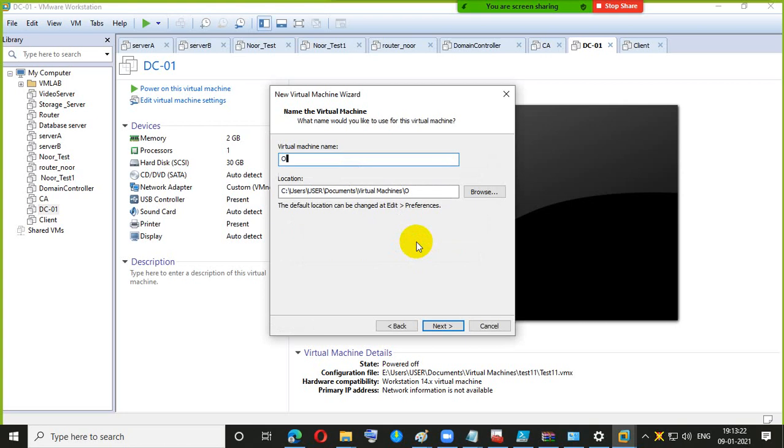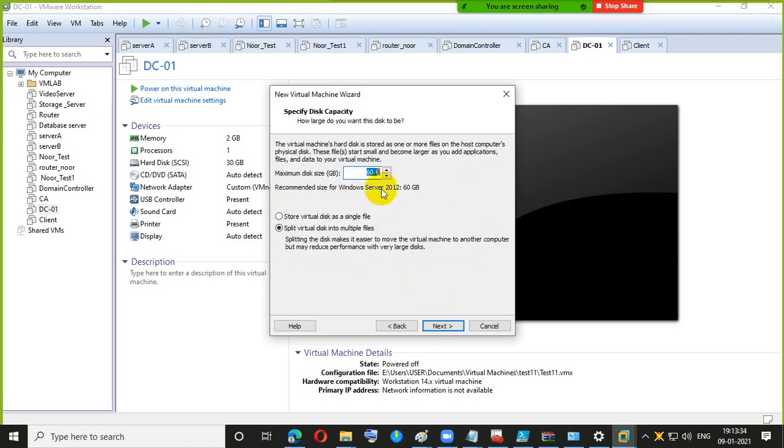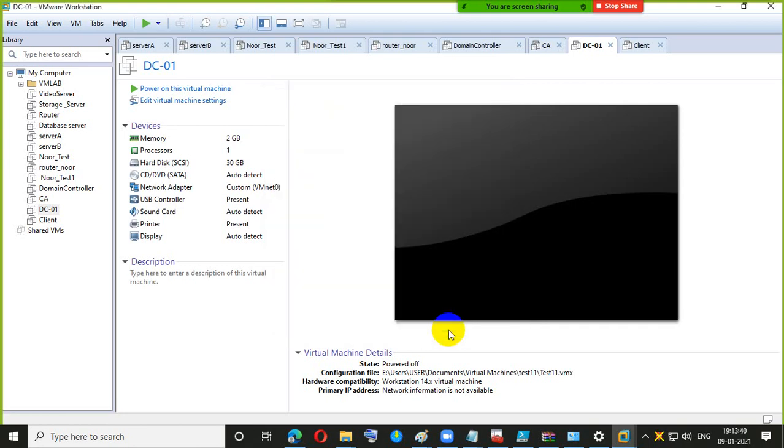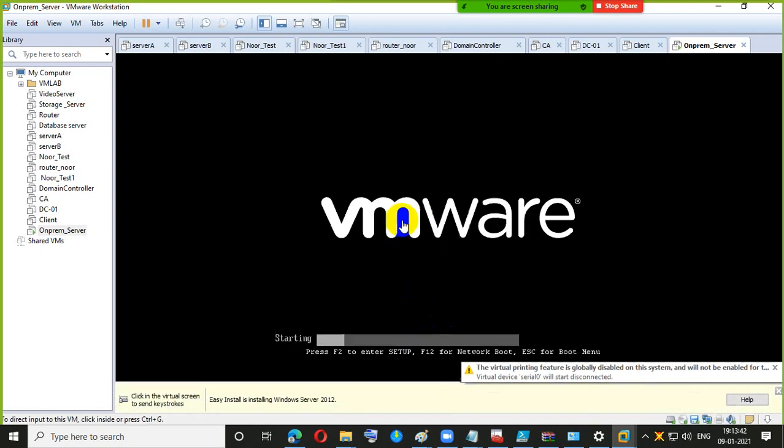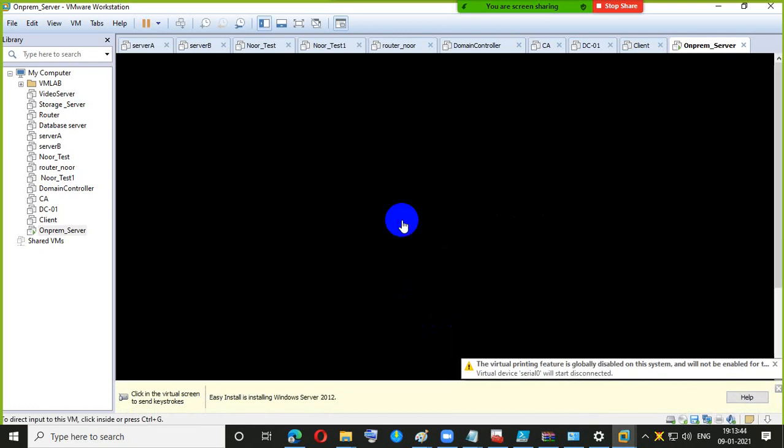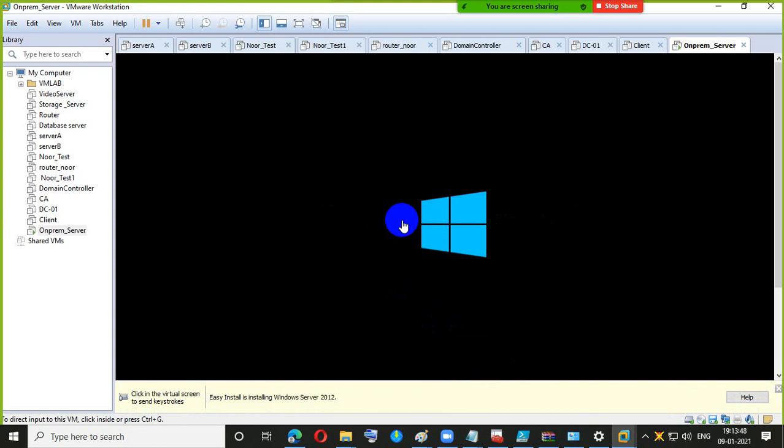The machine name is on-prem underscore server. Now the server will start building.